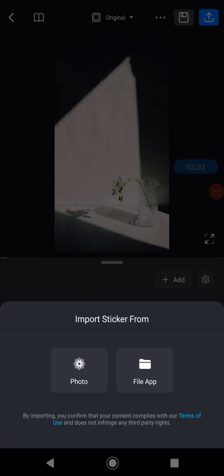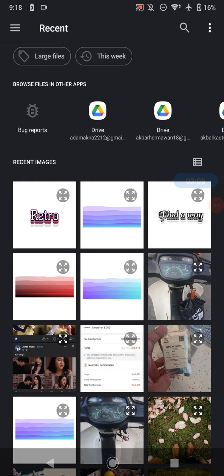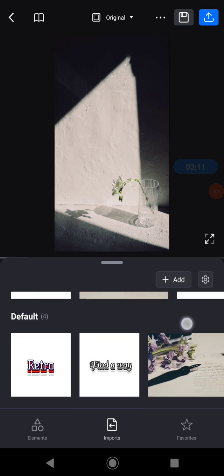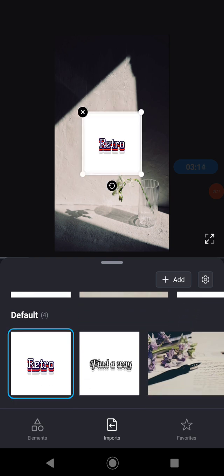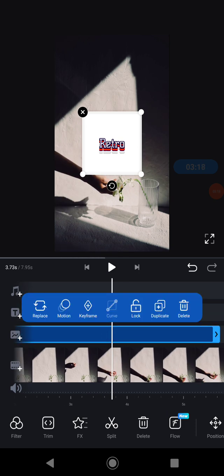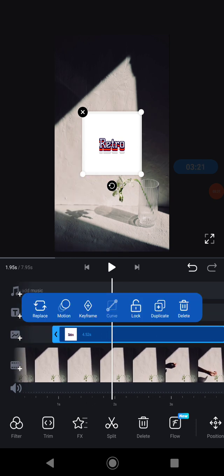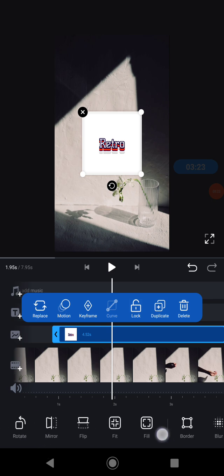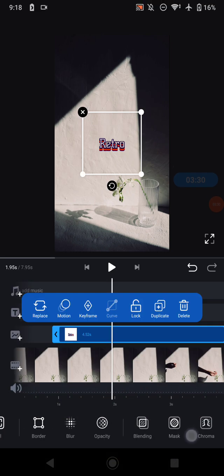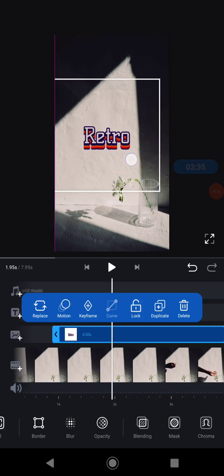and then default, and click the file apps, and then click the design that you already saved from Canva, and after that scroll up and click the design and go back to your video, and after that click the design and swipe left the toolbar until you find blending. On blending you can choose the darken blending, and then click apply and make the design a little bit bigger,